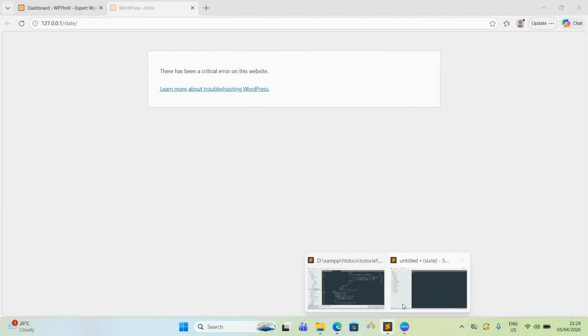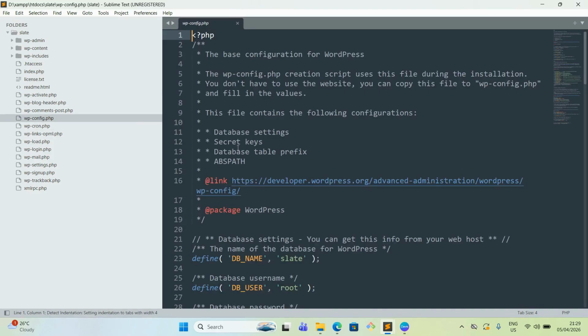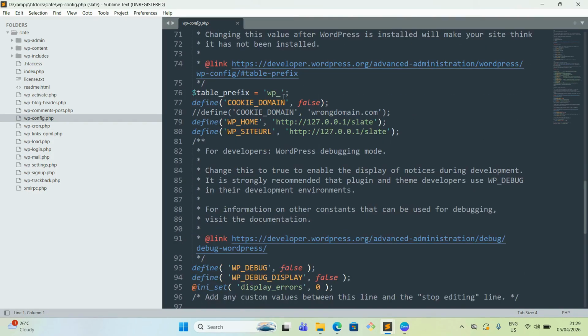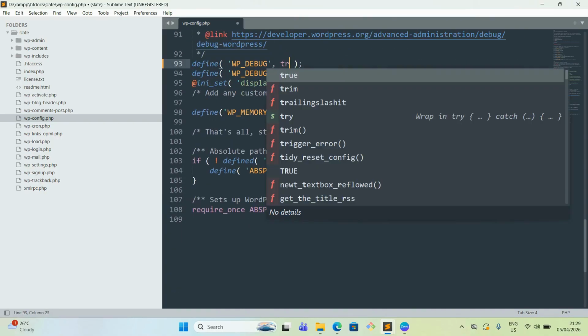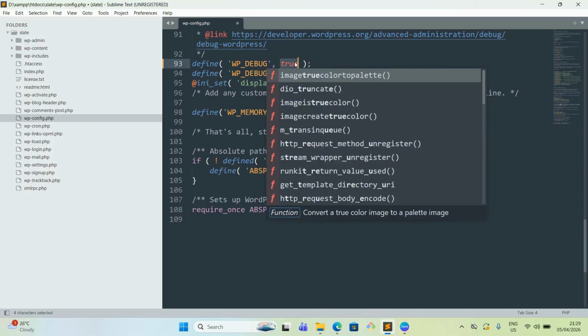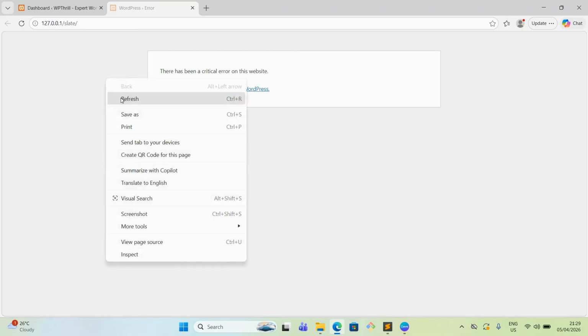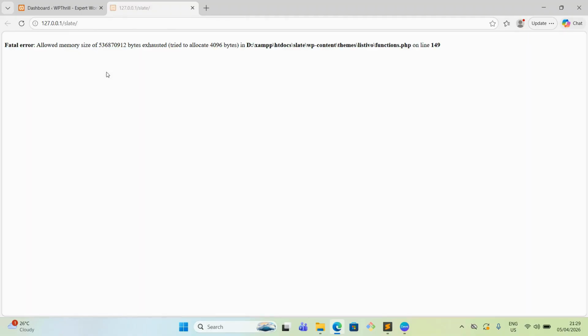First of all, I am going into the core files of my WordPress and I am opening my file wp-config.php, and I will be setting my debug log to true, because this is the first thing which we have to do to be certain that it shows all of our errors and the actual reason or root cause of the issue. So once we have done that, we have to save our file and